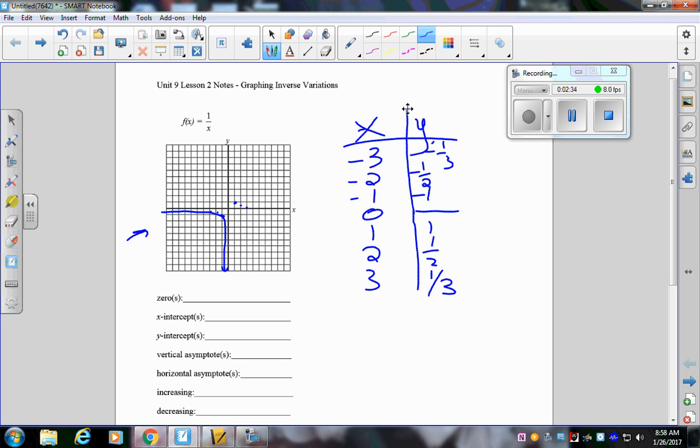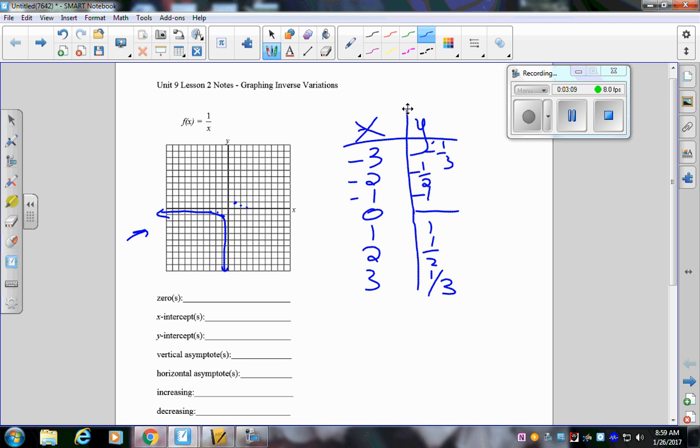Okay, so I can get really, really small decimals there, and it's still never going to give me a y value of 0. I can get really small x values, but I'm never going to have an x value of 0. I can have an x value of -0.000001, but that's not 0. As it's moving off to the left, no matter what my x value is, as it's getting smaller that way, it's never going to give me a y value of 0. Okay, because if I plug in -20, my y value is -1/20. If I plug in -200, my y value is 1/-200. So no matter what, I'm never going to have a y value of 0 or an x value of 0